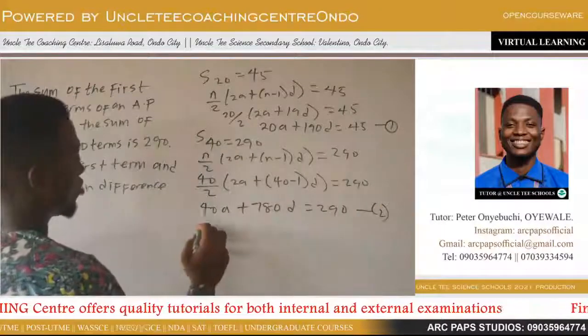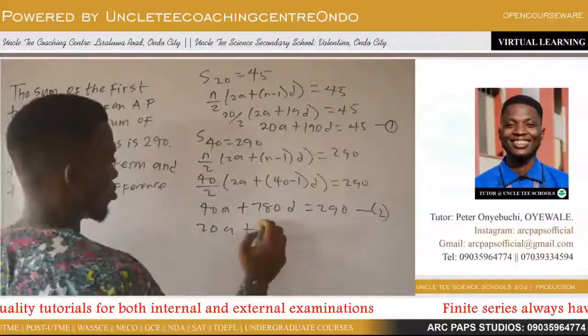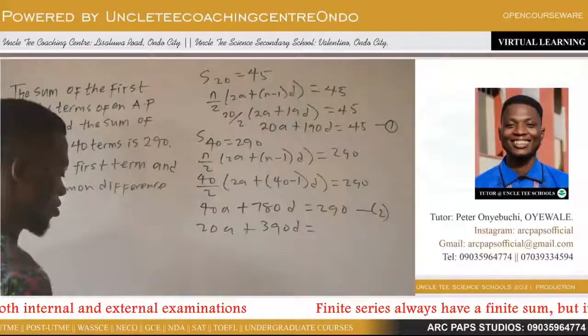Now if we divide through by 2, this will give us 20a plus 390d is equal to